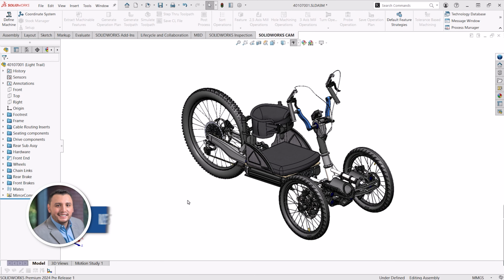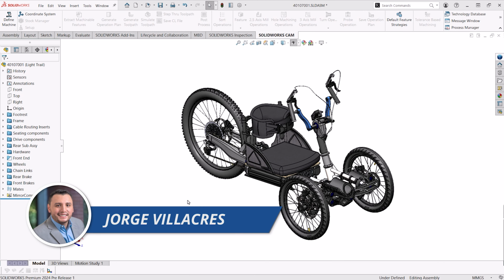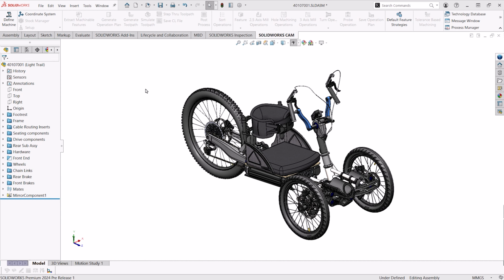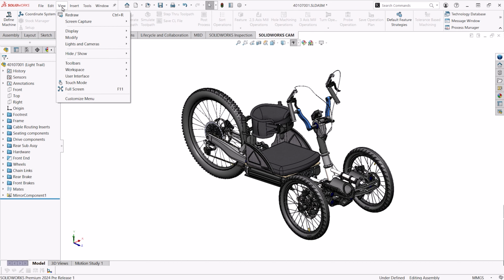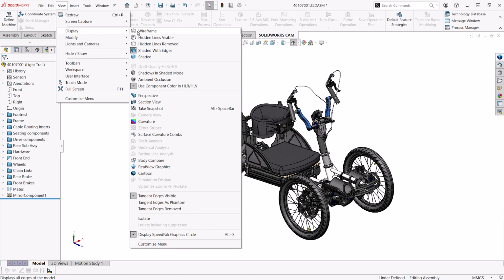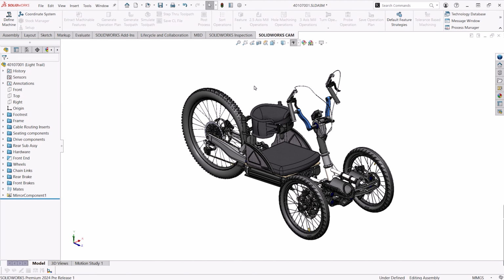So, let's view some new options settings in SOLIDWORKS 2024 that will accelerate and enhance your user experience. First, if you are displaying your components in wireframe view or presenting your components colors in HLR/HLV mode, you can now use your GPU hardware to improve the display of silhouette edges.